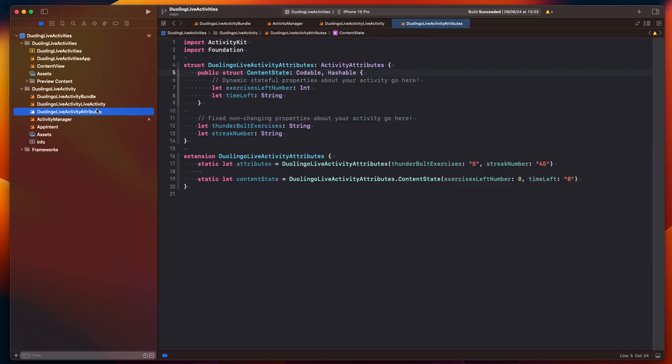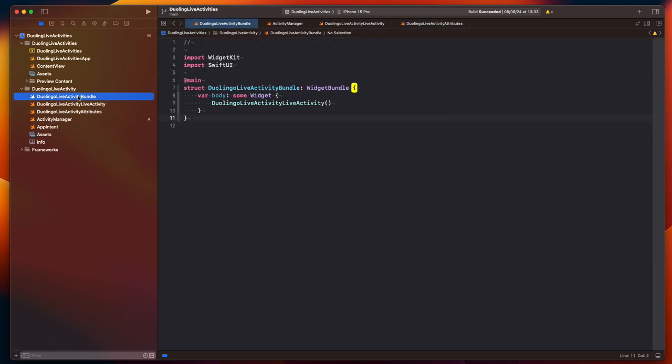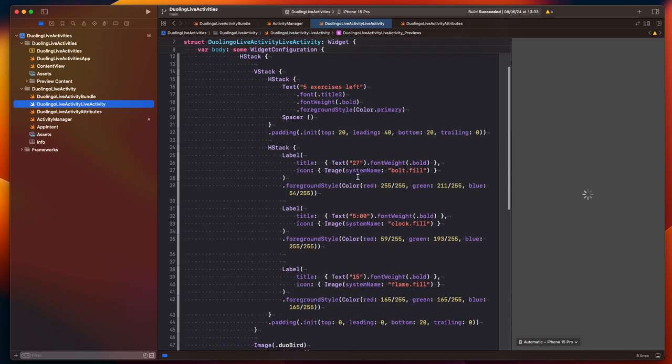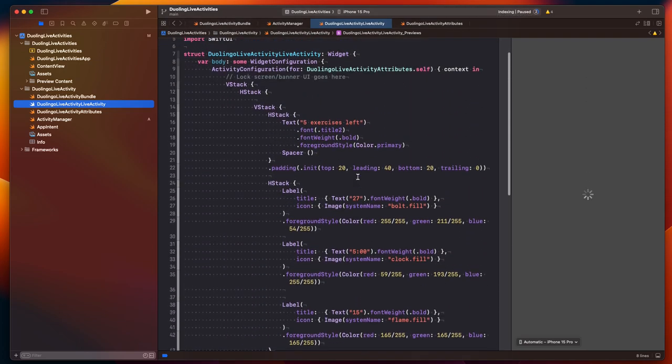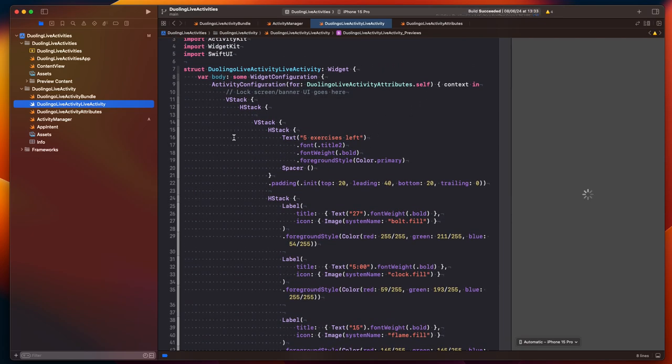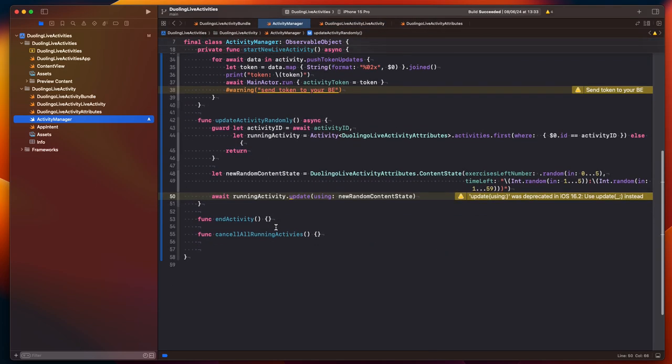Okay, so I will show you where we need to change this. If you remember, in our live activity we have everything just hard-coded with fixed values, but we have our UI inside the activity configuration,